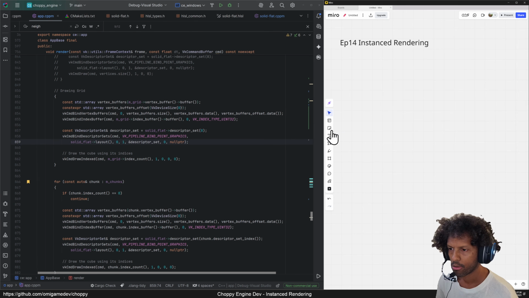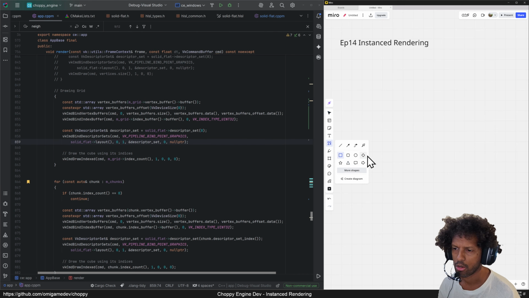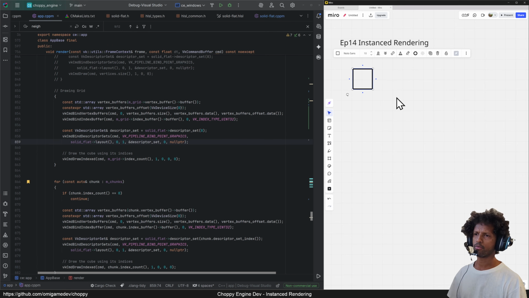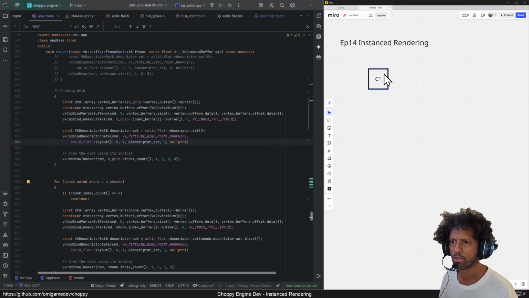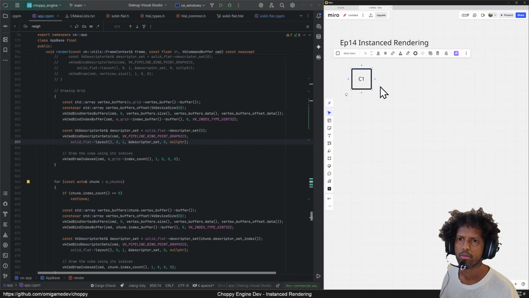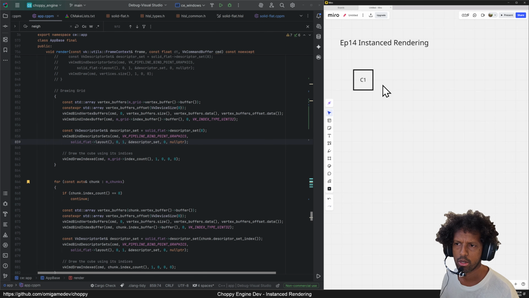Let's see if I can figure out how to use this program. How do you even do simple shapes? Okay, shapes. So right now for every chunk we have one of those things. Can you make a grid? Can you make it snap to the grid? Yes, of course. Okay, cool. This feels way better. And to copy,